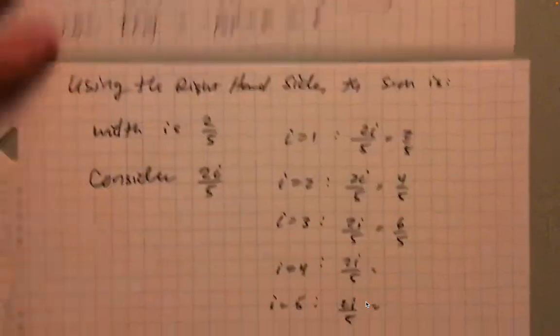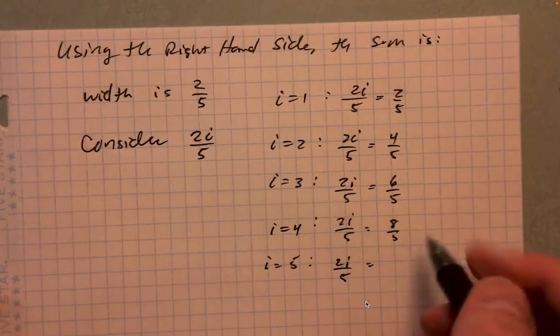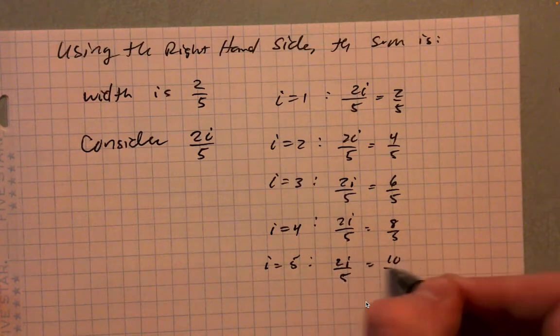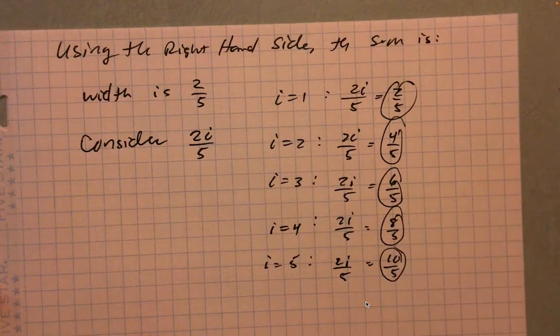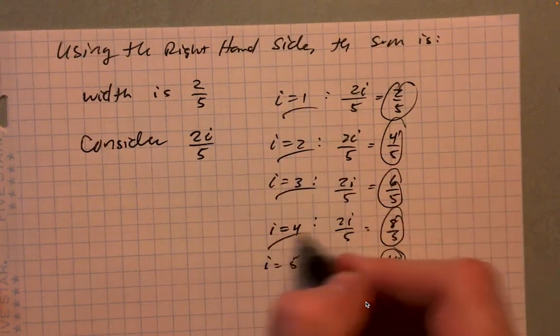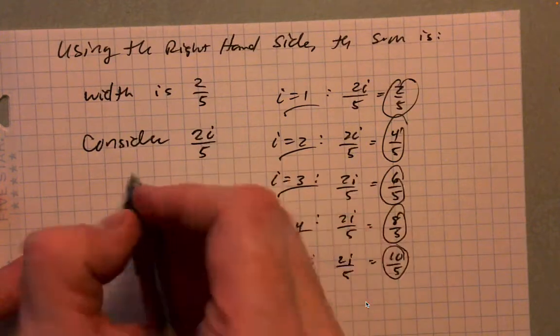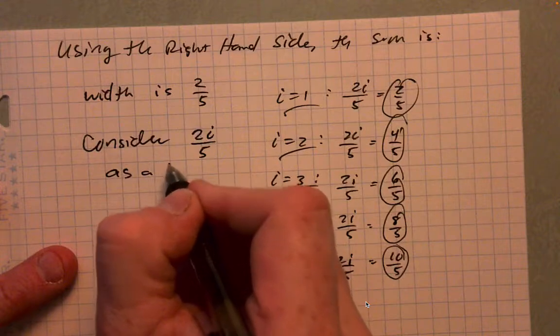In each case, you're going to get 8/5, because 2 times 4 is 8, divided by 5, and then 10/5. So these are the exact intervals that we want. This is the indexing scheme that is convenient. So consider 2i over 5 as an index